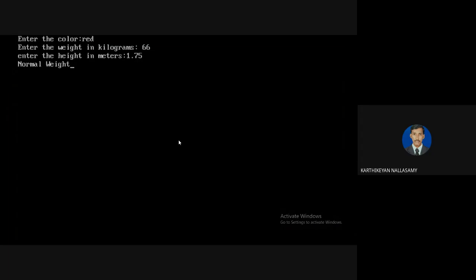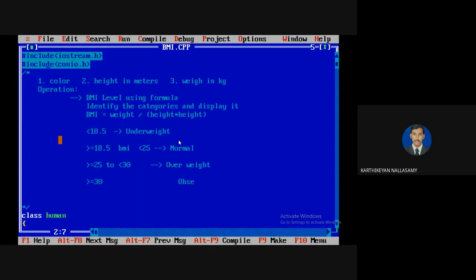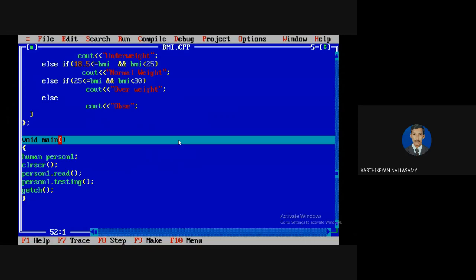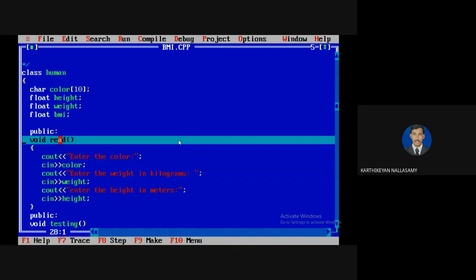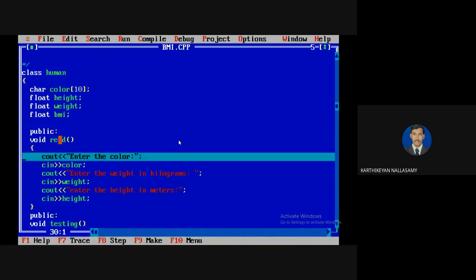So if I give input like this, first of all, you must know how it will work. So first, tracing. We know that the execution always starts from the main function. In a C++ program, the main function must be at the bottom of the program, so we say the C++ program follows a bottom up strategy. Okay, so now I'm going to run the program. So person.read, so automatically the read method will be invoked.